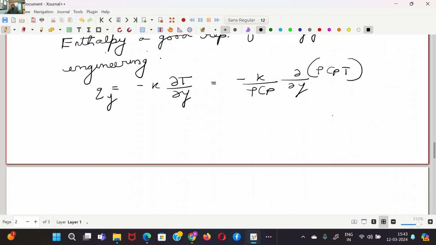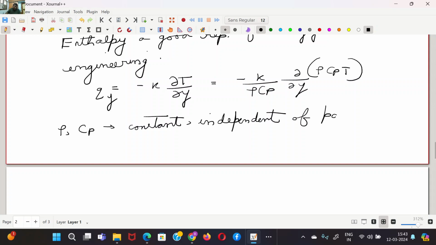What is this rho Cp T? It's nothing but the enthalpy per unit volume, right? Make a note of rho and Cp. They're constant. Rho Cp T is the enthalpy per unit volume,